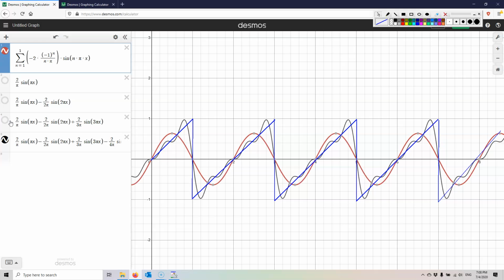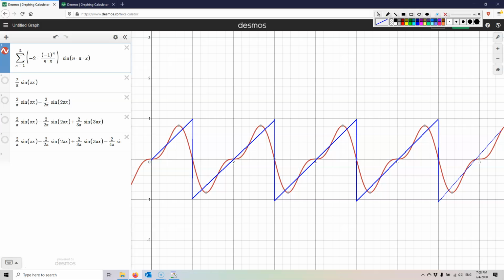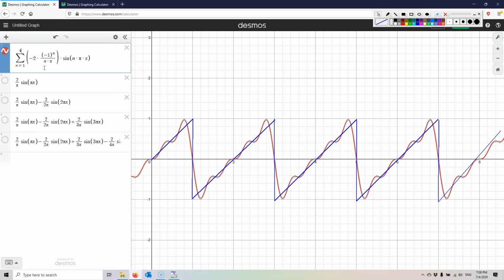Let me switch to this one here. Okay. So right now it's terrible because I only have my sum going from the first n to the first n. So it's really, right now, this sum is really just the first expression I had here, right? I make this 2. Okay, that's what we had before. We make it 3. Oops, this is 4. This is where we ended, right? This is the same function as this one here.